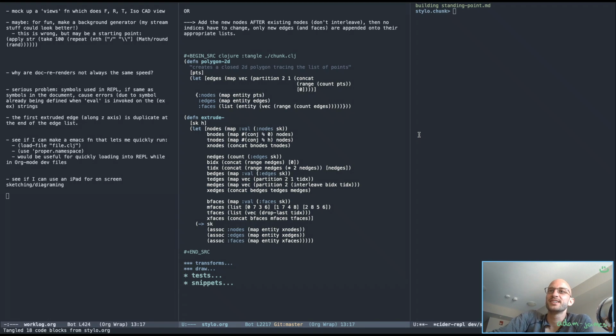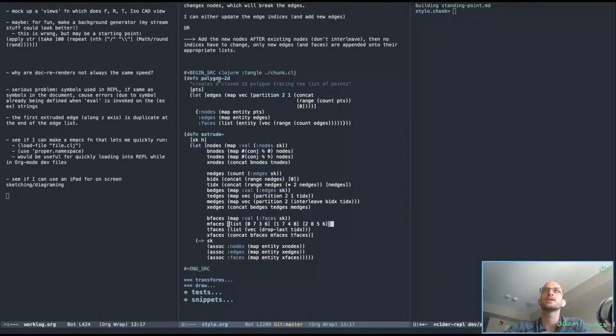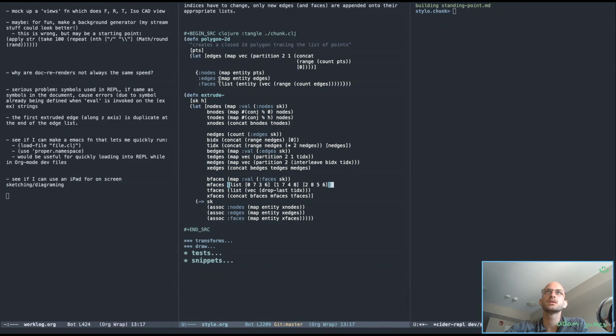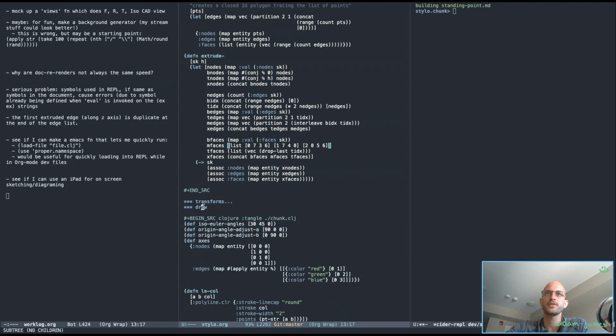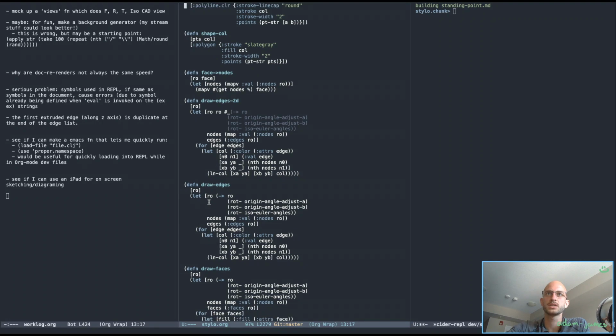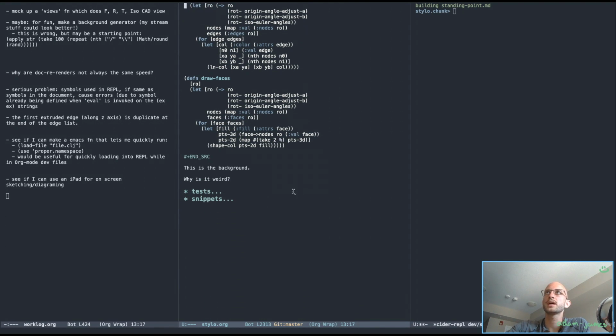Wacky is exactly the right term. So I think I have to fix how my faces are being rendered actually. So let's go into the draw faces thing and see what I've done here actually, but